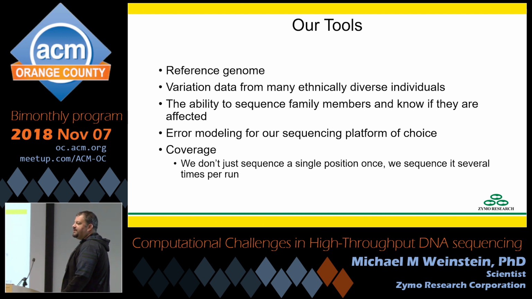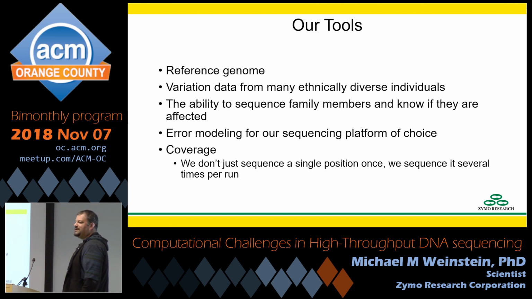Plus we have something called coverage. We're not going to sequence everything just once, we're going to sequence everything several times, or at least our regions of interest. Everybody here has 2 copies of their genome, one from mom, one from dad. If you just sequence every base once, you will only see one of those copies at any given location. If you sequence every base in your genome twice, at about half the sites you'll see a read from both copies. At half the sites you'll see reads from one or the other. So still not very good.